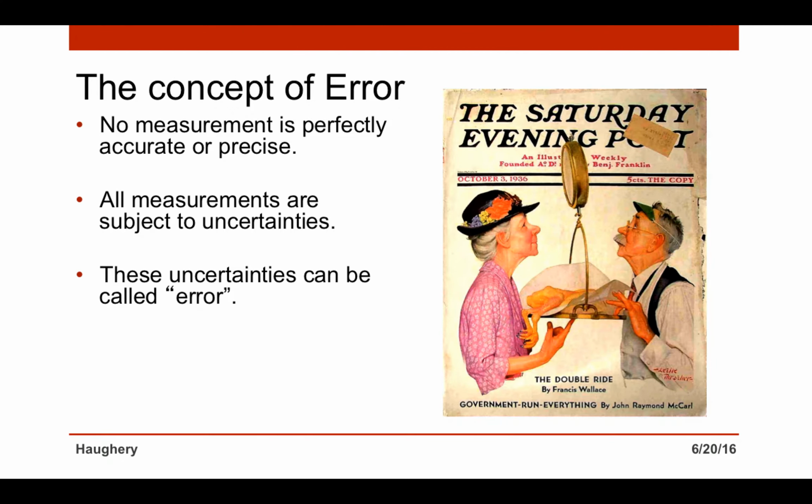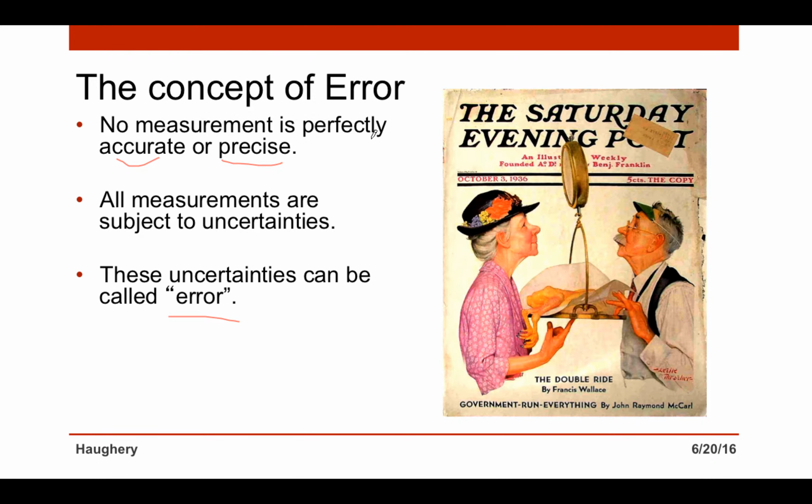So the concept of error basically is that no measurement is perfectly accurate or precise. There's always going to be some amount of uncertainty in our measurements. We can term this uncertainty error. So this term error is what we're going to use as basically not 100% accurate or precise. And those two things are different. We may use them interchangeably, but we're going to go through in this presentation and distinguish between the differences between